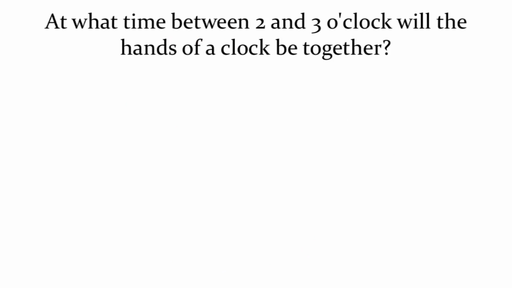At what time between 2 o'clock and 3 o'clock will the hands of the clock be together? At what time between 2 o'clock and 3 o'clock do both the hands coincide, or the hands of the clock be together, or the angle in between the hands is 0 degrees? Whichever is asked, we use the same procedure. The requirement is the time at which both the hands are together in between 2 o'clock and 3 o'clock. Let the time be 2 hours m minutes. After 2 complete hours, at m minutes, both the hands are coinciding.